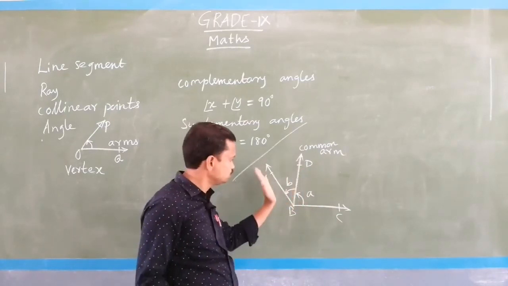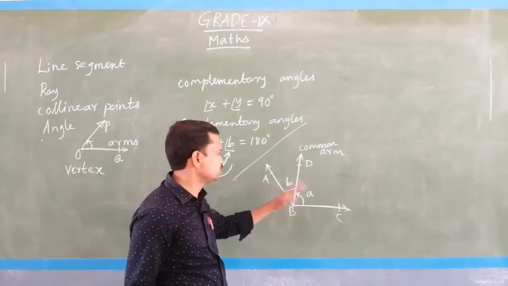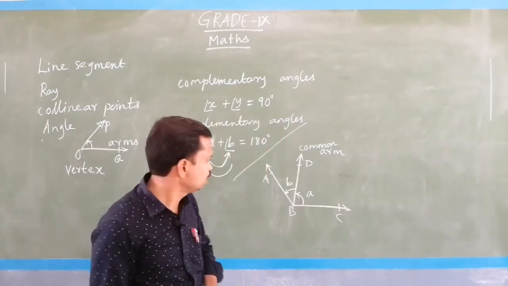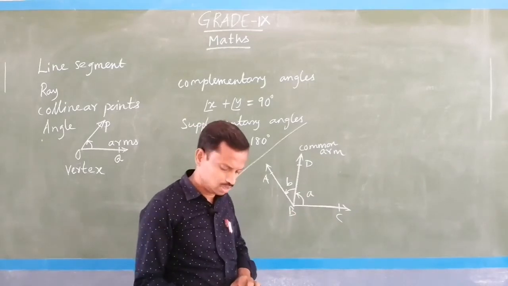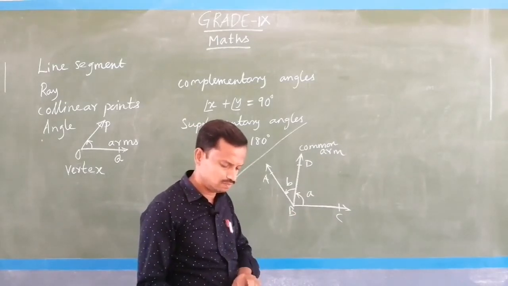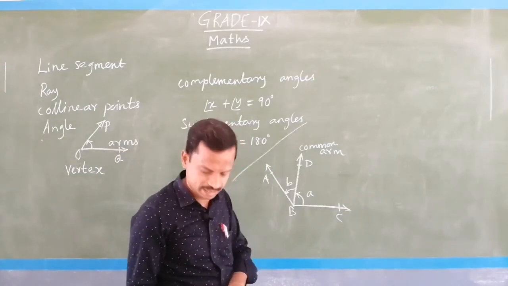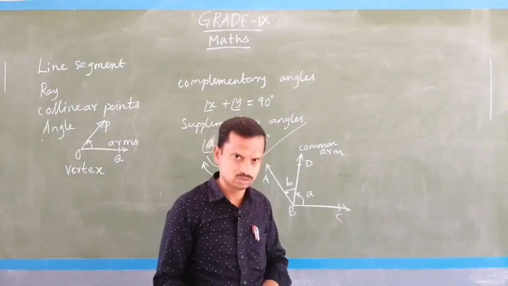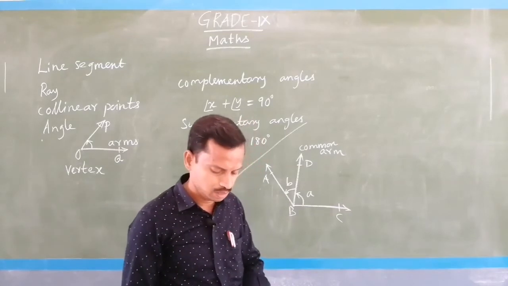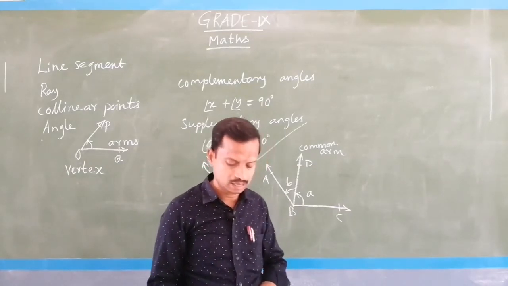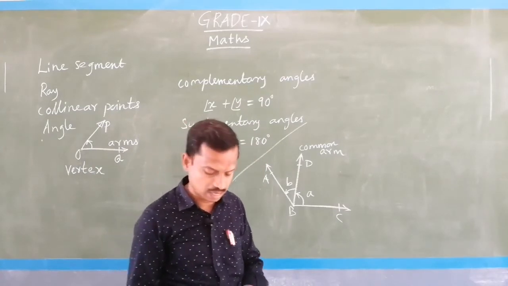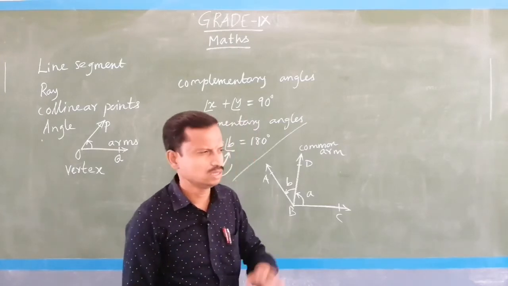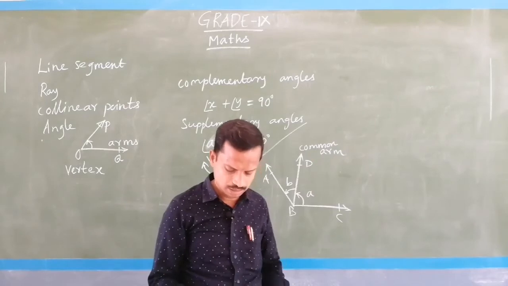So, this is the common arm and these are the non-common arms. Either side of the common arm, non-common arms are there. So, these are adjacent angles. Okay. So, there are two adjacent angles we can see. In the book itself they have given: two angles are adjacent if they have a common vertex. In that second paragraph you write what I am reading now. Two angles are adjacent if they have a common vertex, a common arm and their non-common arms are on different sides of the common arm. Okay. The diagram is also given. Adjacent means nearby.